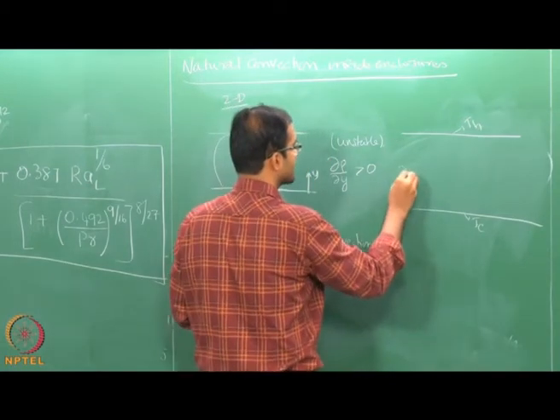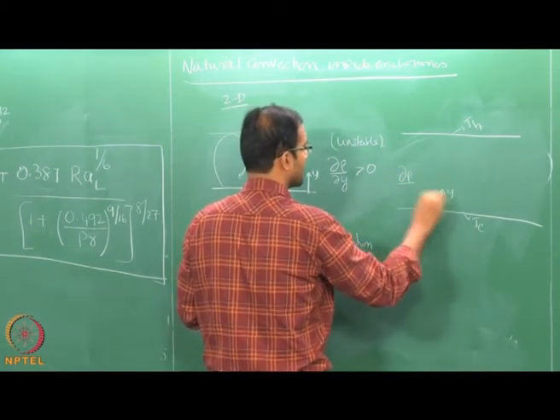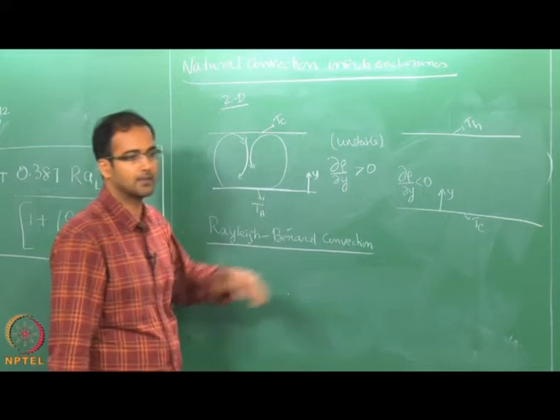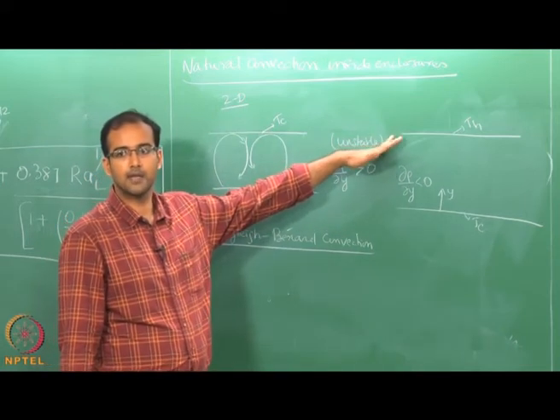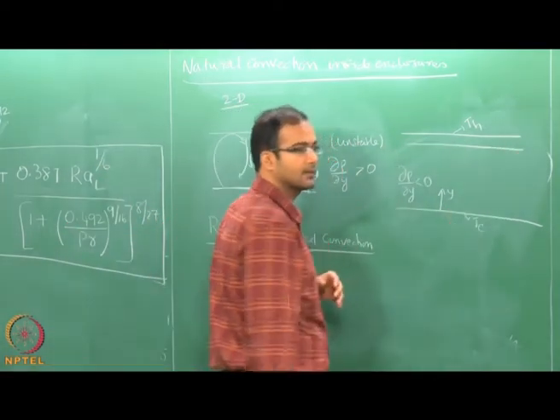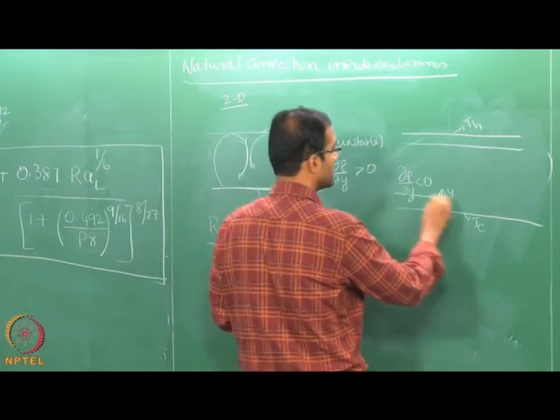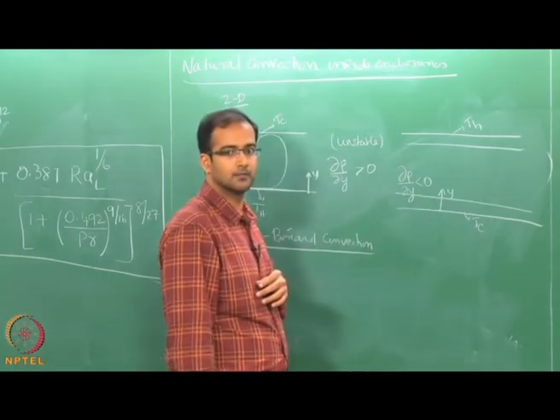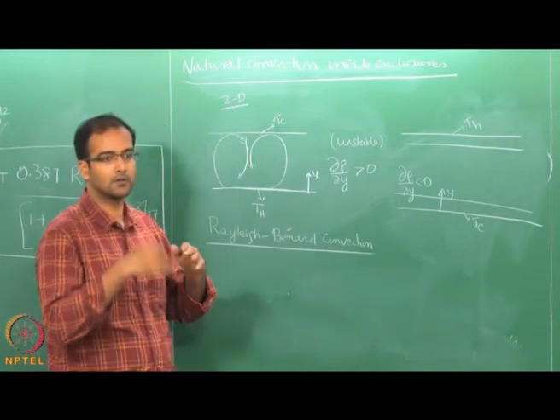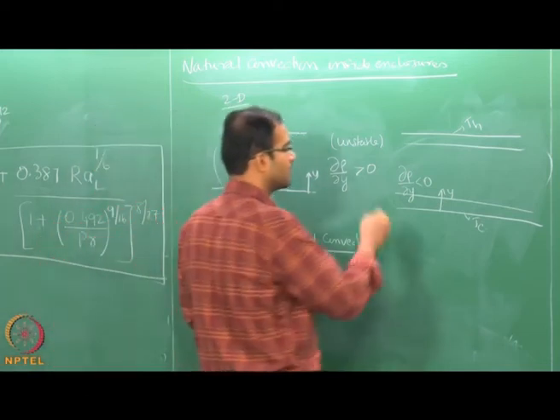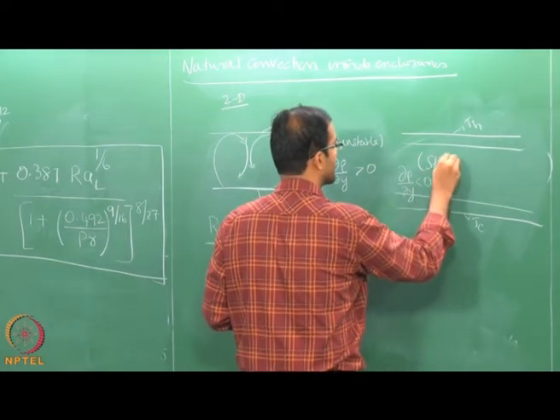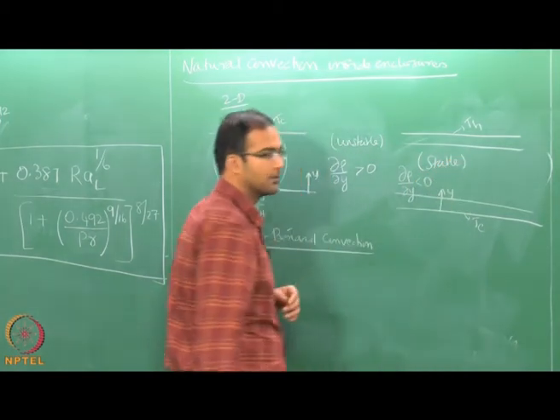So, in this case what will be d rho by dy? Negative. So, what do you think will happen in this case? This will be a stable configuration. The heated fluid will be stratified here and the cold fluid will be here. The stratification will happen, the hot fluid will stick to the top surface, cold fluid to the bottom surface, but you will not have any of these convection patterns. So, this is a stable configuration and no convection cells will be formed,